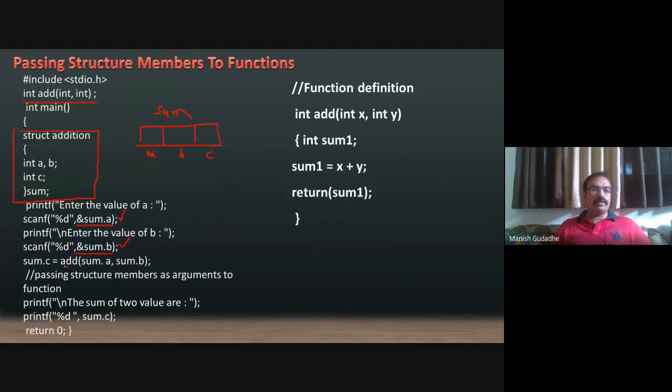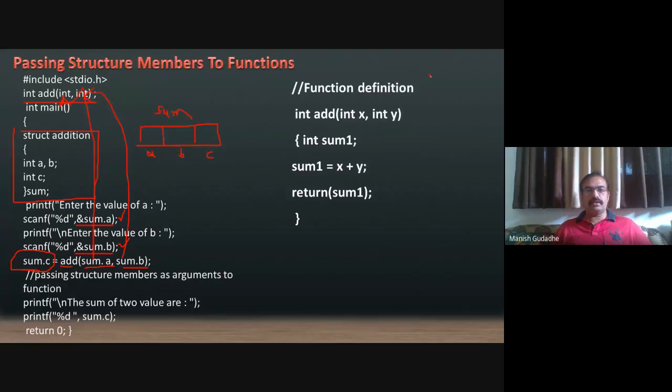Simply we can call that function, and there is nothing difficult in this. Instead of A, B, we are writing sum.A and sum.B. So sum.A will be checked whether it is an integer or not, and sum.B whether it matches with this input or not. Both arguments are there, and it is returning a value which will be stored in the third member of your structure, that is sum.C.